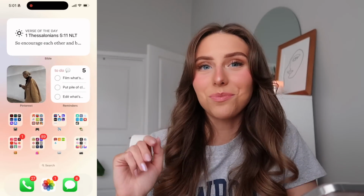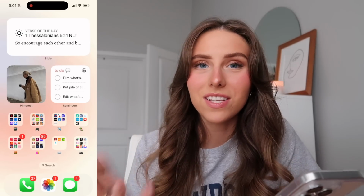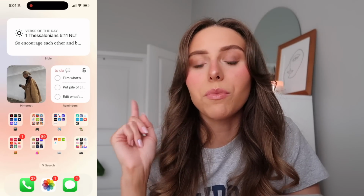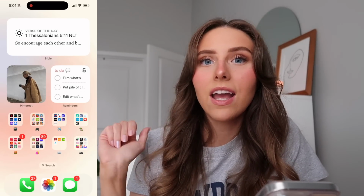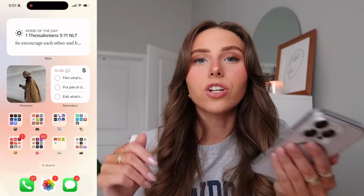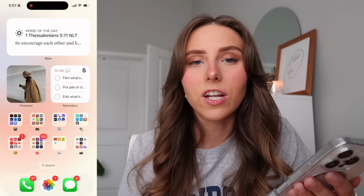I think this one is super cute. I literally just love how this looks and how it's organized. Here at the top, I have a Bible verse of the day. It's just from the Bible app, and you can put a verse of the day, which I really love. It changes every day, so you're going to see a new Bible verse every day just by having that